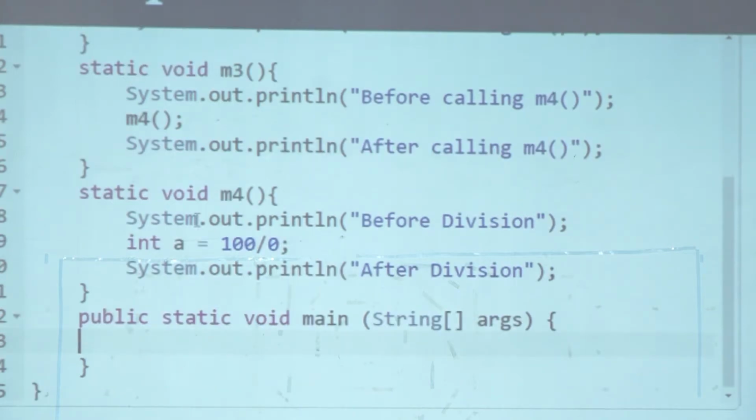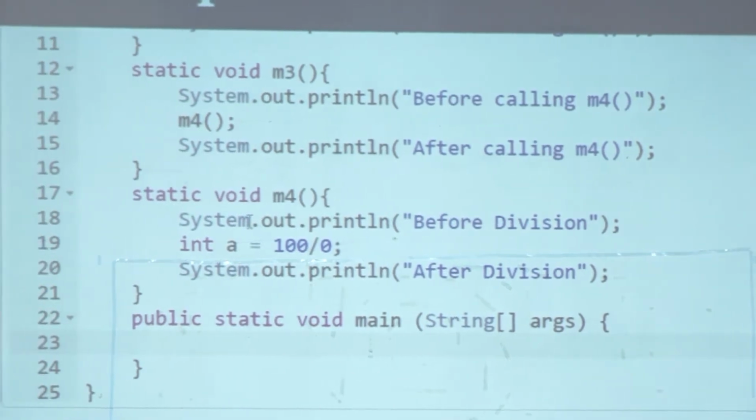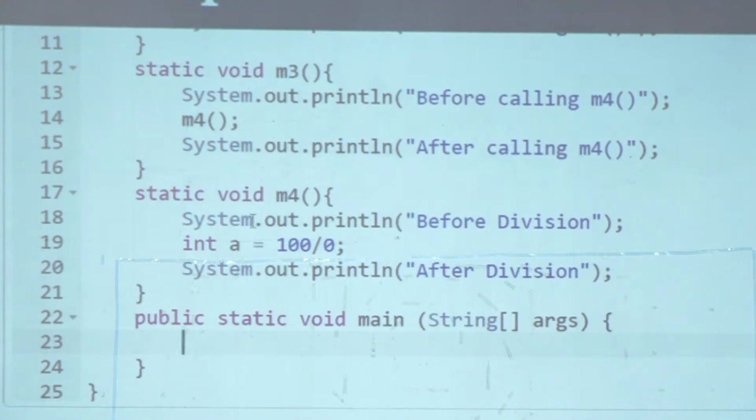Now we are going to call M1, and we are going to allow the exception to propagate to main and catch it in main. This is just to demonstrate that the exception started in M4, that the fire has been lit in M4, fire started burning in M4, and it came all the way up without completing either M3 or M2 or M1. It erupted and came all the way up to main, and in main it was tackled. So that is what happened. So in main I will call M1.